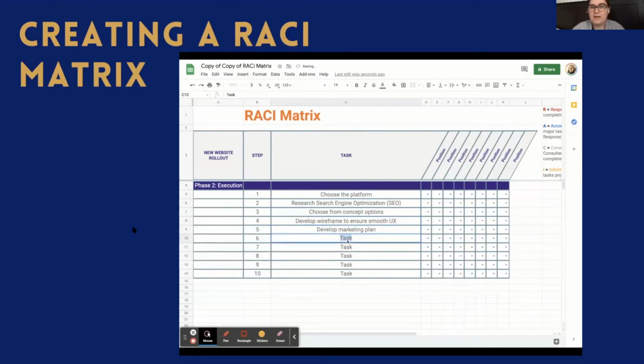Now notice I'm trying to make sure to put these in chronological order. So thinking about the beginning of my project, the beginning of this particular phase in the project, and I'm putting all of these out in chronological order. Okay. So now that I've got all of my different tasks, my different deliverables listed, I want to think about